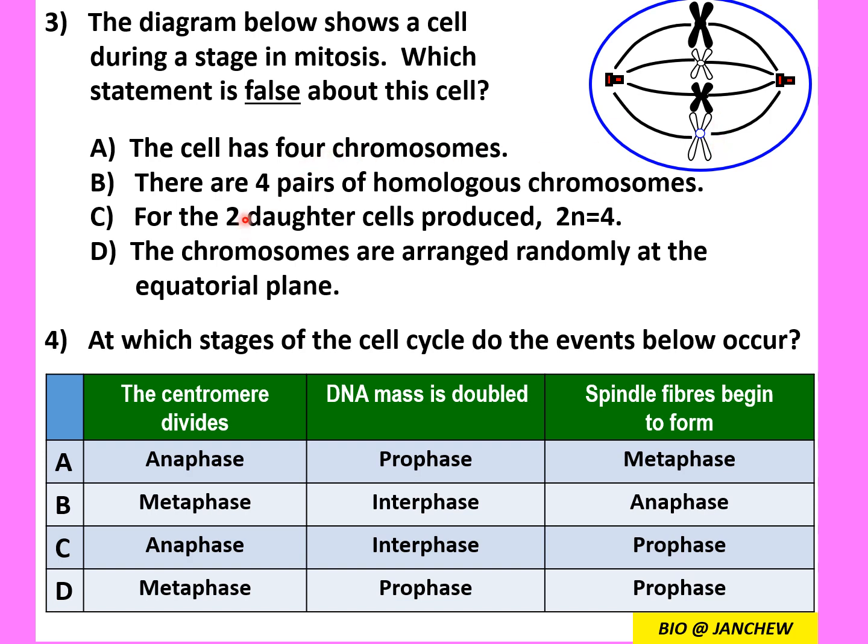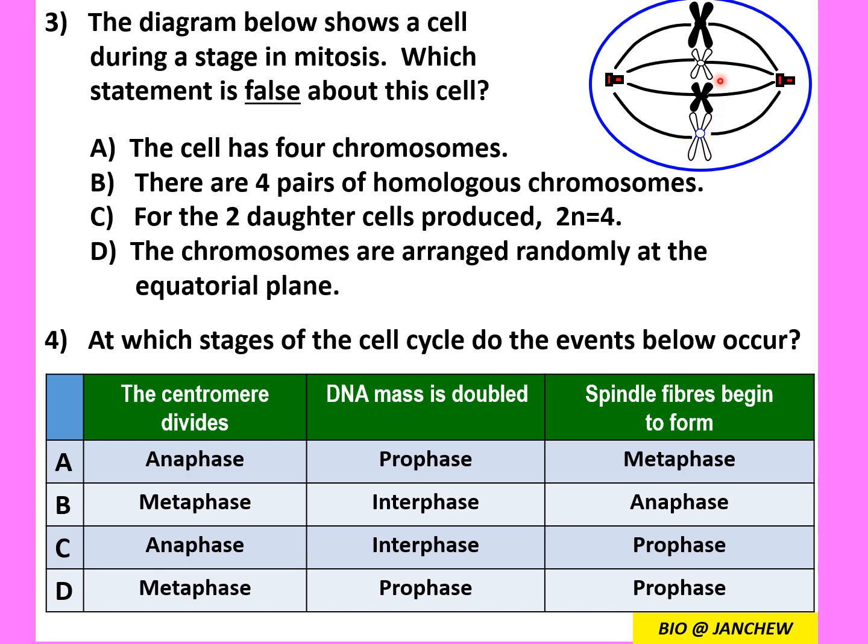So this statement is wrong. Instead of 4 pairs, it should be 2 pairs of homologous chromosomes. So this is your answer. It's the false statement, B. Now for C, the 2 daughter cells produce 2n equals 4. So if we want to know how many chromosomes are found in the daughter cell, we must look at the parent cell. So in this cell, 2n equals 4, okay, because this is a diploid cell,